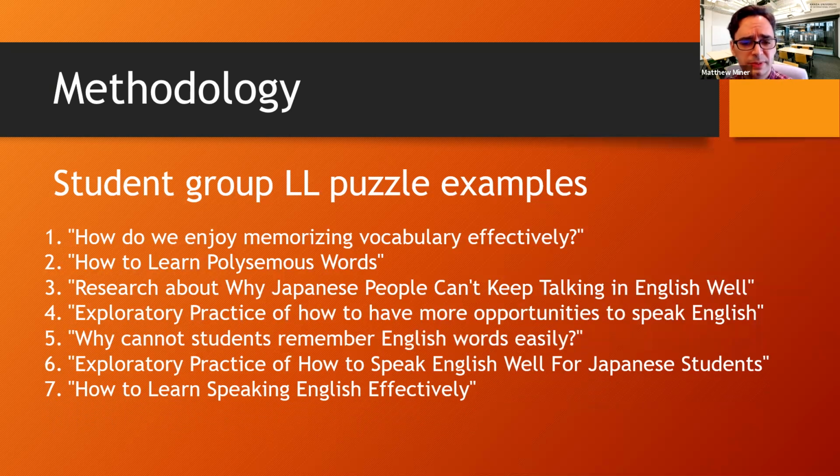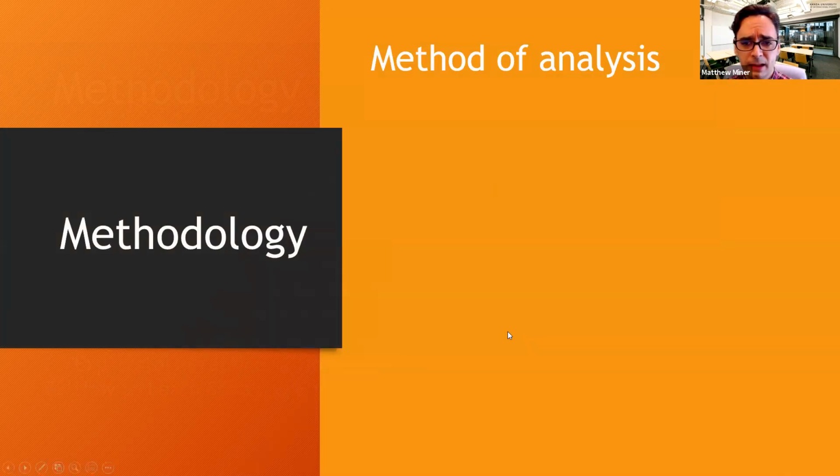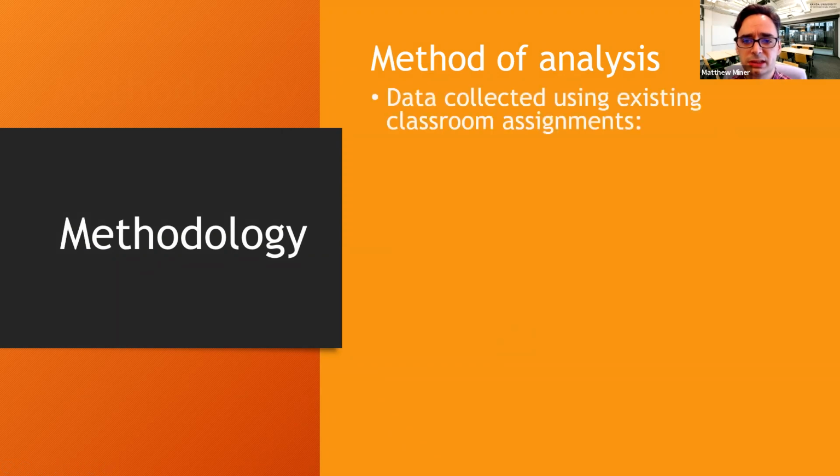So with those puzzles, students then conducted research kind of following the genres of an information report. They conducted primary research by interviewing classmates, interviewing teachers. Some of them conducted secondary research looking at literature. And once they produced those projects, we looked at those projects to consider the success of exploratory practice.